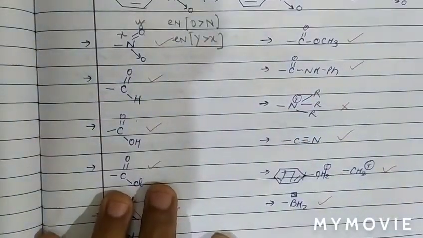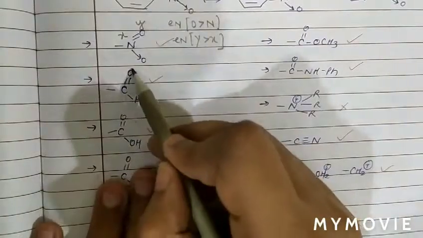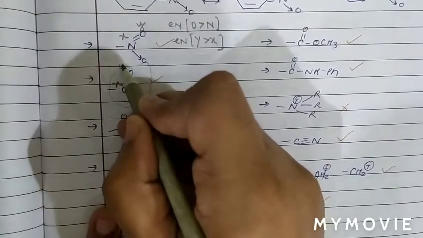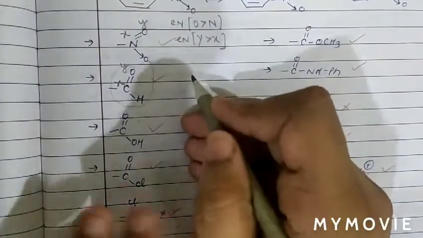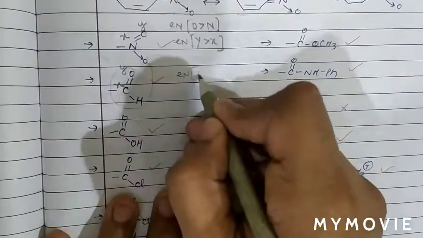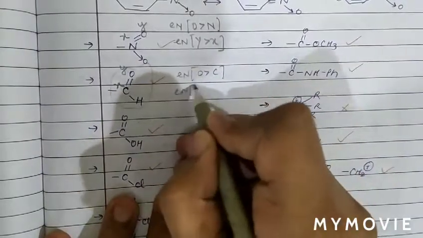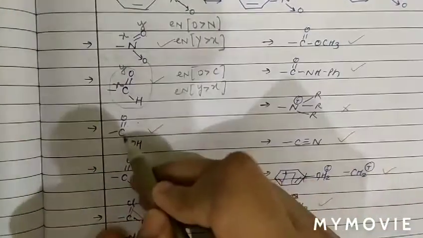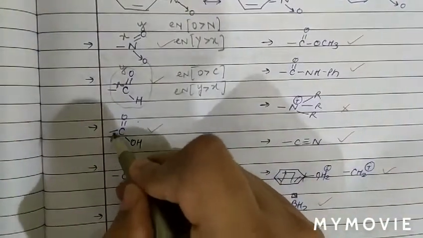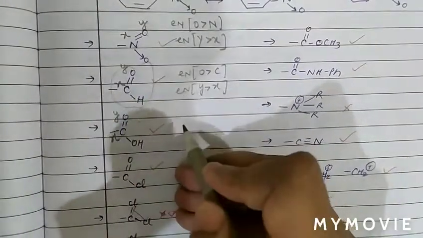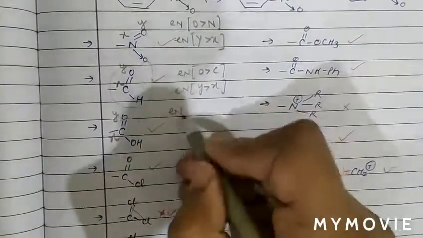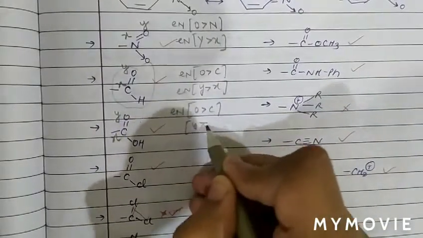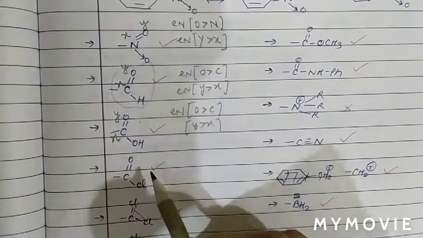Now see the next example. The next example is the CHO group, again we number. The electronegativity of carbon is X and the electronegativity of oxygen is Y. Now we can see again the electronegativity of oxygen is more than carbon. It means the electronegativity of Y is again more than X. Therefore it is also minus M. Now see the next. Carbon oxygen, again X and Y. Now we can see the electronegativity of oxygen is more than carbon. So again the electronegativity of Y is more than X. Therefore it also behaves as minus M.